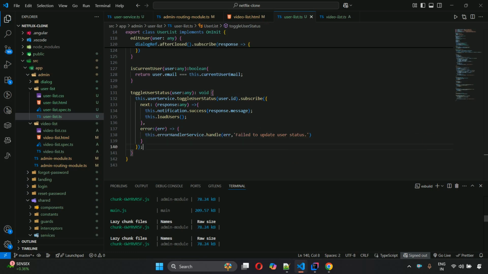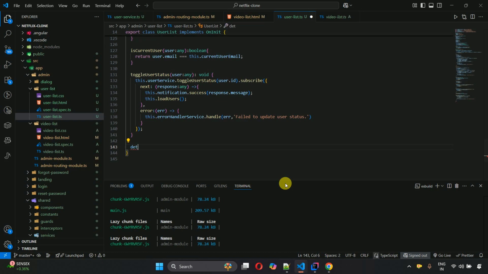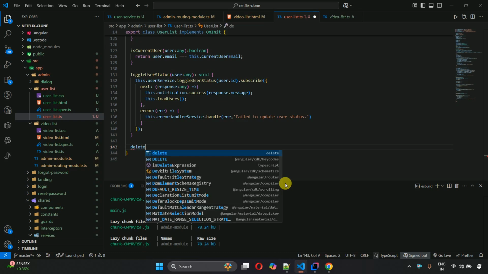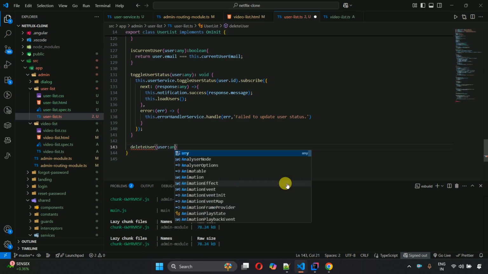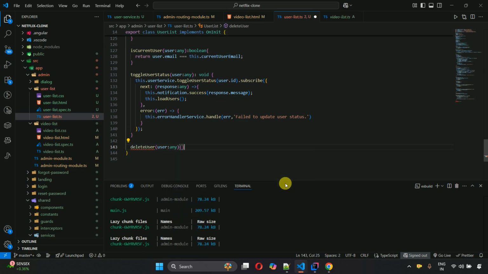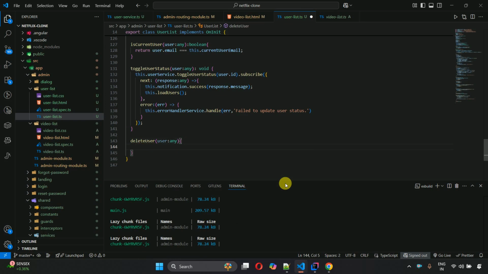And after that we have to write the logic related to delete user. So let's write it over here. Delete user, and here user of any type, and we also need to show the confirmation, right? So this dot dialog services we have, and there's an open confirmation. So we have to use this one, and first, delete